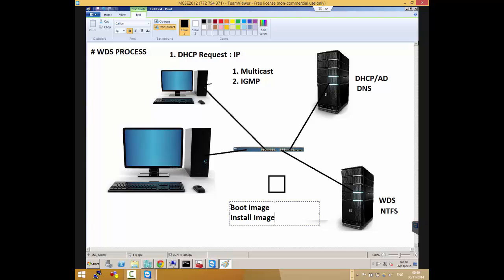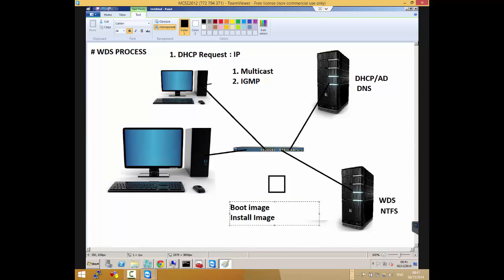So what's this concept? What's the difference between the two? What's the purpose of these two? I think boot image, as the name says, is used to boot up the machine and do the install, like putting in the Windows pre-installation environment. And install image is different for every operating system. The good part is that you can install any operating system like Win XP, Win 7, Vista, whatever. You can put any install image in there.